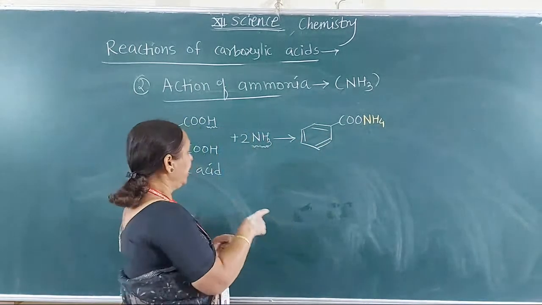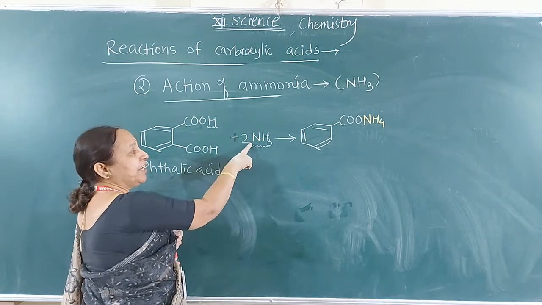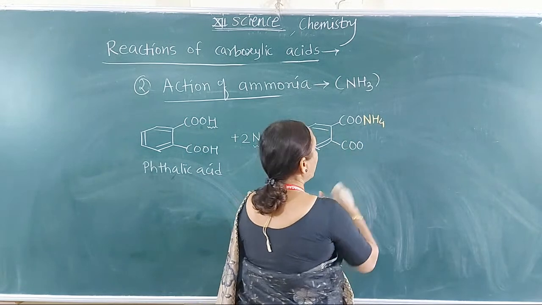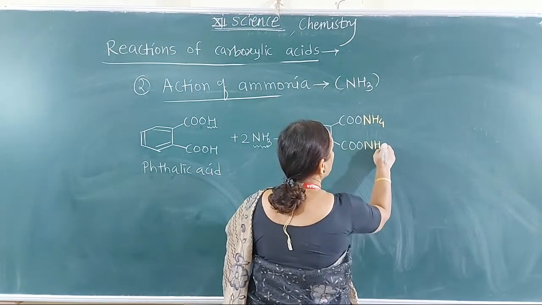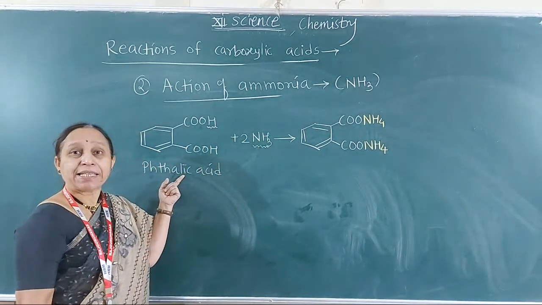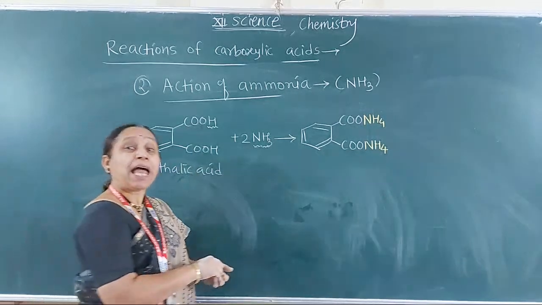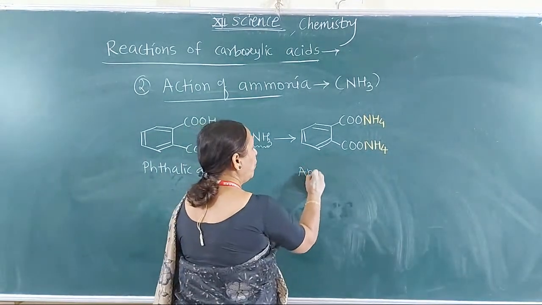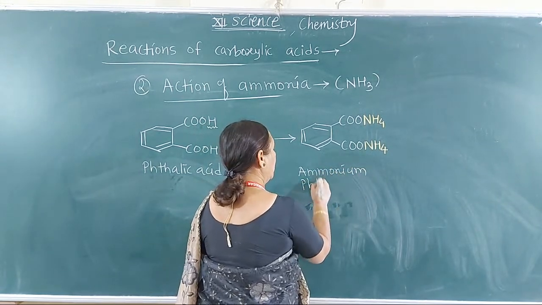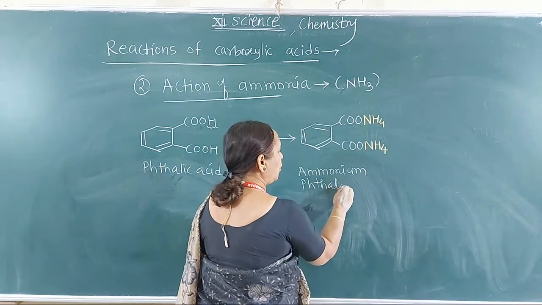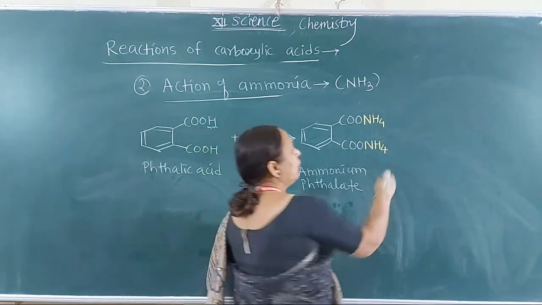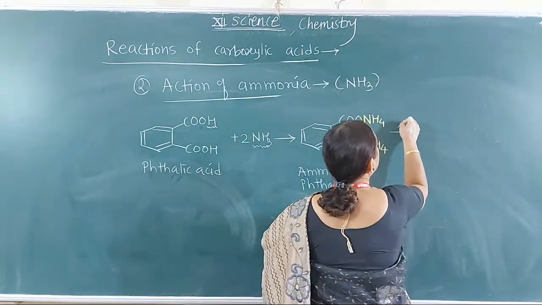Similarly, this other carboxyl group reacts with ammonia and forms COO NH4. This is the ammonium salt of phthalic acid. Ammonium phthalate is obtained. When this ammonium phthalate is heated,